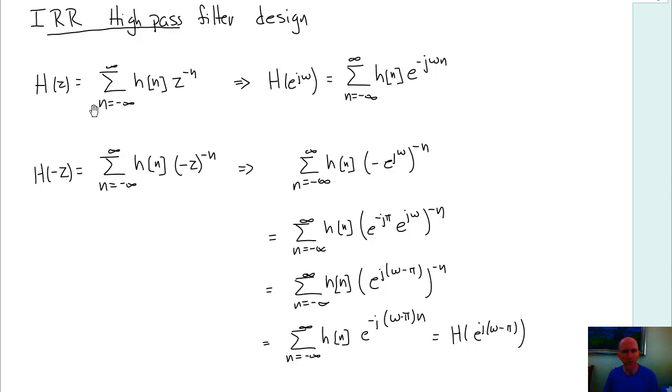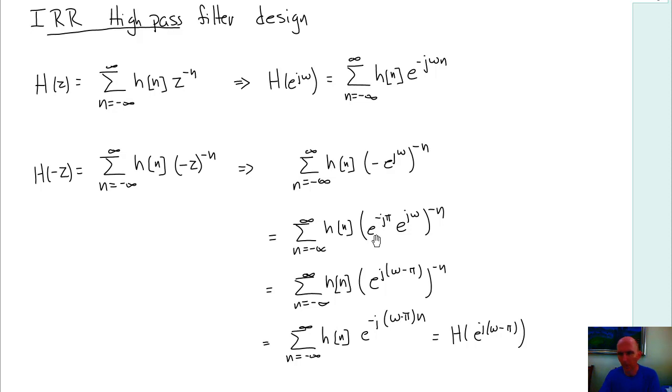H of z, the z transform of h of n, is written like this, which has a Fourier transform equal to this. We substitute z for e to the j omega. Now, what if we substitute z for minus z? Now we would substitute e to the j omega with minus e to the j omega. Now this negative that we have here, we know that -1 is equal to e to the j pi,